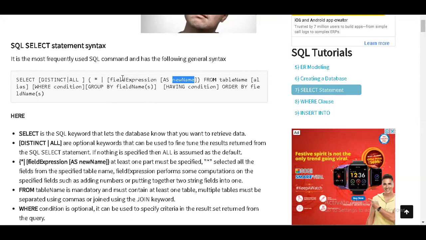Like, say you have column 1, column 2, column 3. I don't want to display column 1, column 2 like that; I want a different name. So I'll go for the AS keyword followed by this. That means if you are using AS, then you have to write something; otherwise, you are not going to use this expression. If you want to avoid it, you can skip it. If you are using this, then again you can write only the field name. That is enough. But if you don't want that field name to be displayed on the screen, then I'll be going to use the alias.